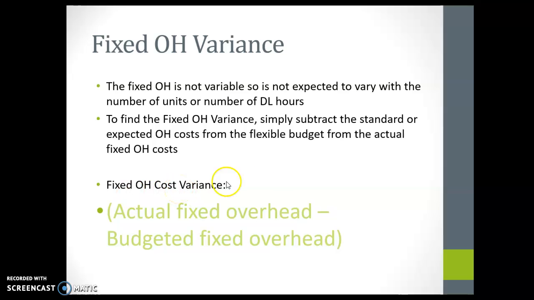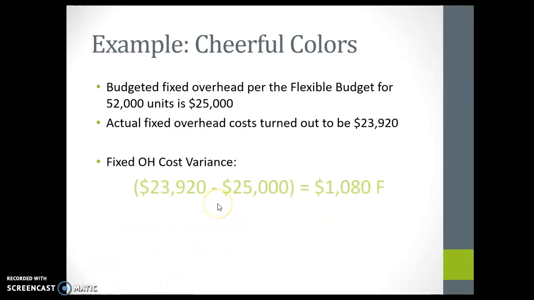We don't have it broken down into multiple different types. So for Cheerful Colors, let's say that 25,000 is what they had on the flexible budget for their fixed overhead costs, but what we actually spent, let's say, turns out to be 23,920. Okay, so we would take our actual minus what we had budgeted, and that gives us 1,080. And because the actual is less than the standard, that leads to a favorable fixed overhead